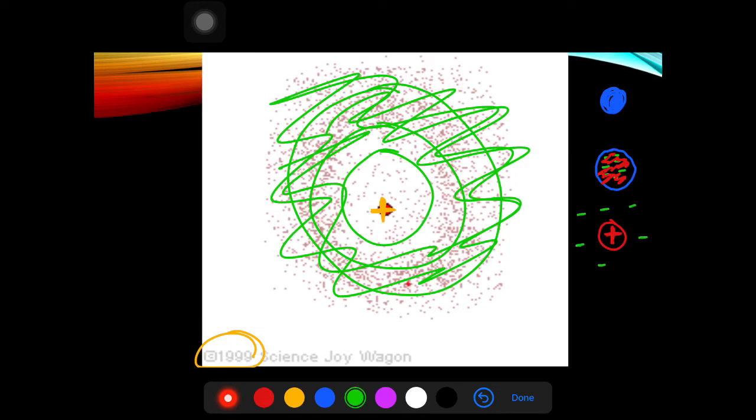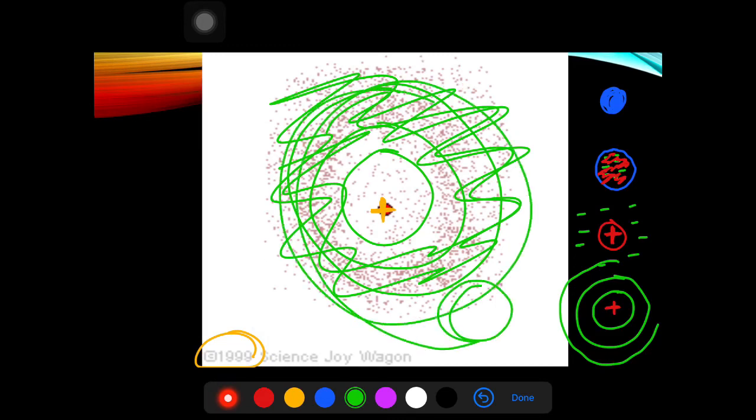And my picture here is terrible because I cannot draw it as tiny as it needs to be on my iPad here. Bohr said, I think you're all right. I think this is great, except I'm going to tell you why the electrons don't fall towards the center. So Bohr showed us that there had to be energy levels all around the outside. And he did a lot more that we're going to talk about in the next chapter. And then finally, they discovered that this right here, this electron cloud, is really what's going on.